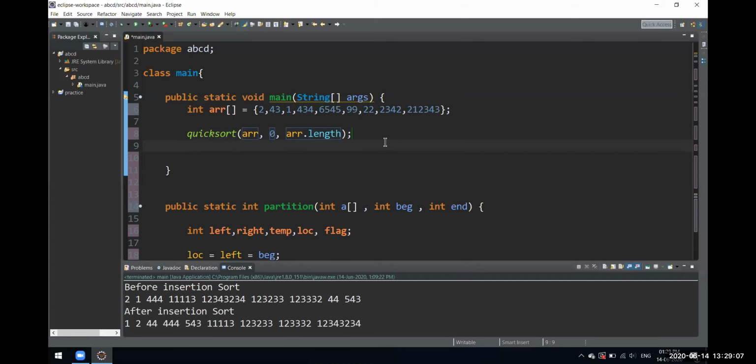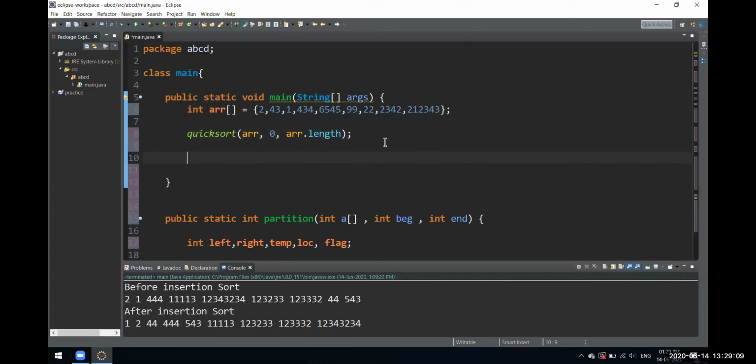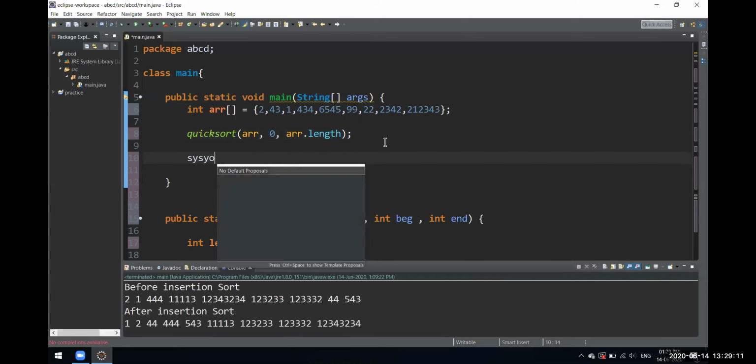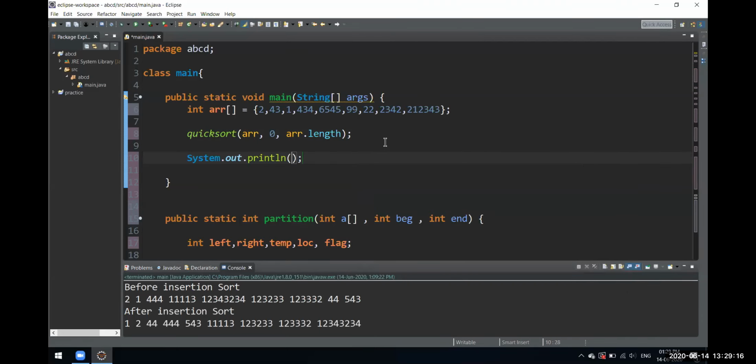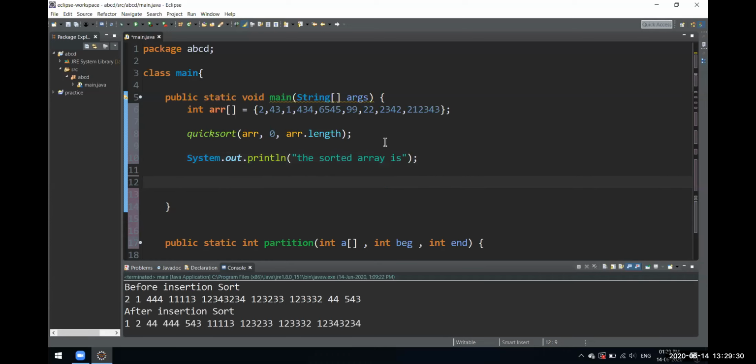Now let's print our array. Use a normal for loop to print the sorted array, and just go through that whole array.